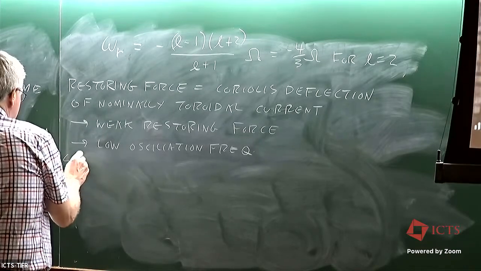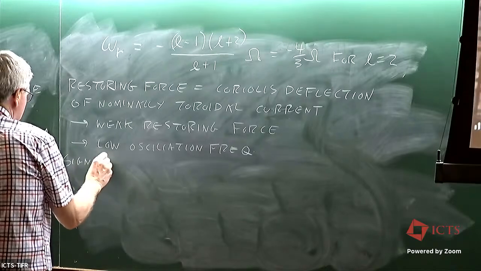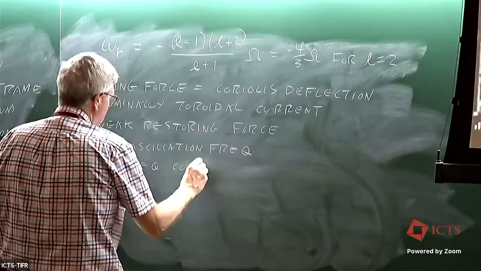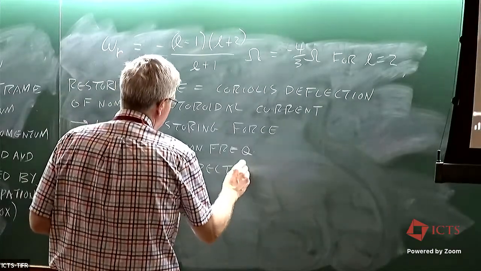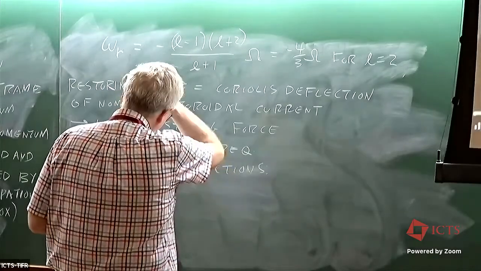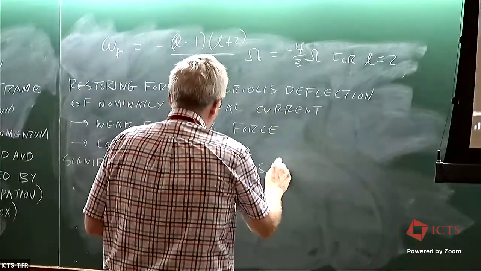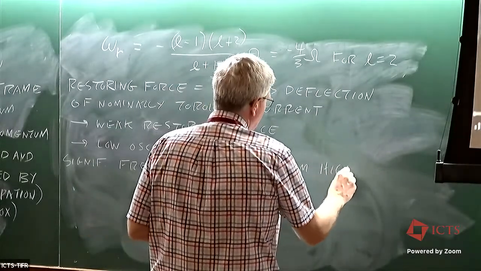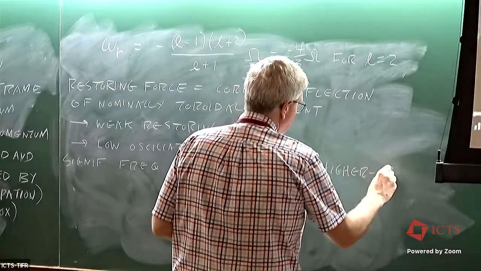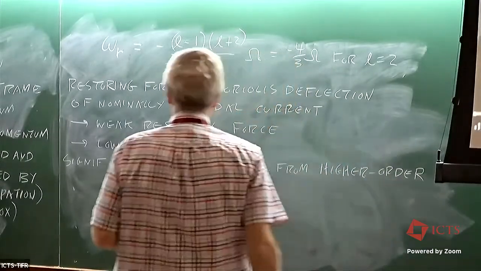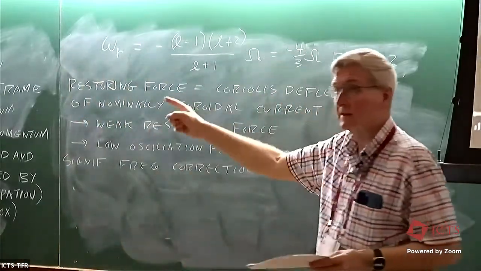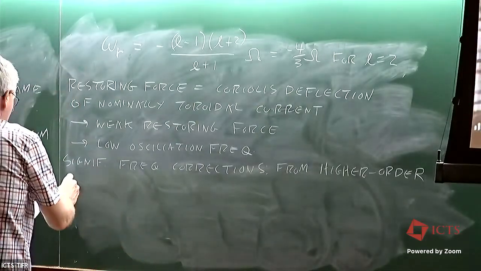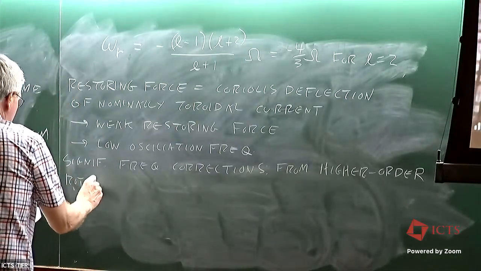Now, as I mentioned, there are some significant frequency corrections when you do a more accurate model of this process. And once you do that, you really need to be applying a particular equation of state. But those frequency corrections come from higher order rotation terms. The analysis that gives you this relatively simple formula is a low frequency approximation. But if you look at the higher order rotation terms,